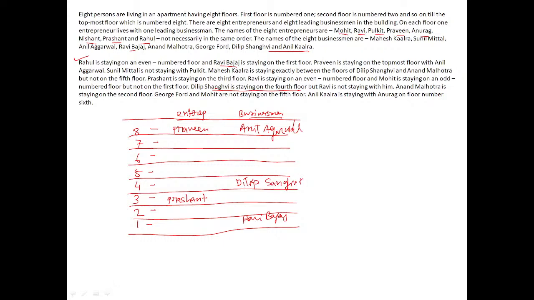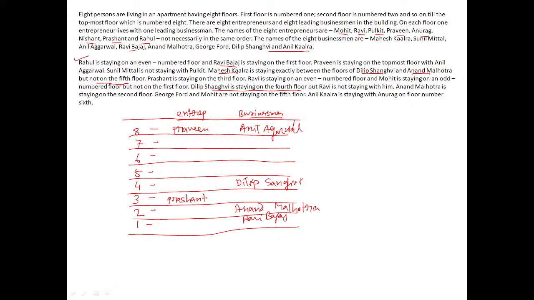So Dilip Sanghvi is here, but Ravi is not staying with him. Okay, Anand Malhotra is staying on the 2nd floor. So this is Anand Malhotra. And can you just recollect that there is some statement we have just encountered, that Mahesh Kalra is staying exactly between Dilip Sanghvi and Anand Malhotra, but not on the 5th